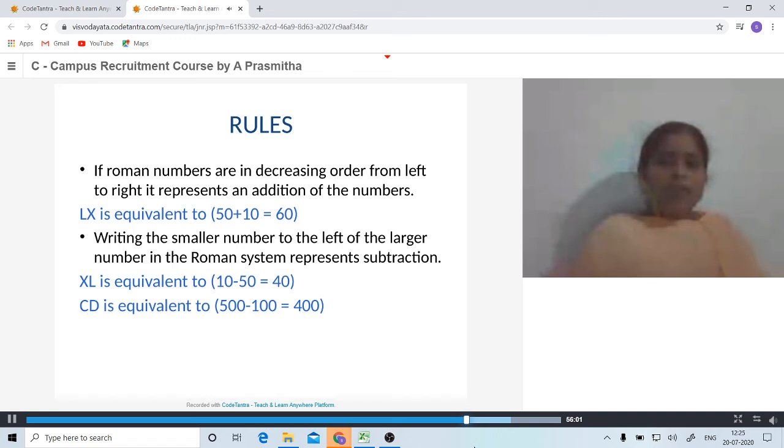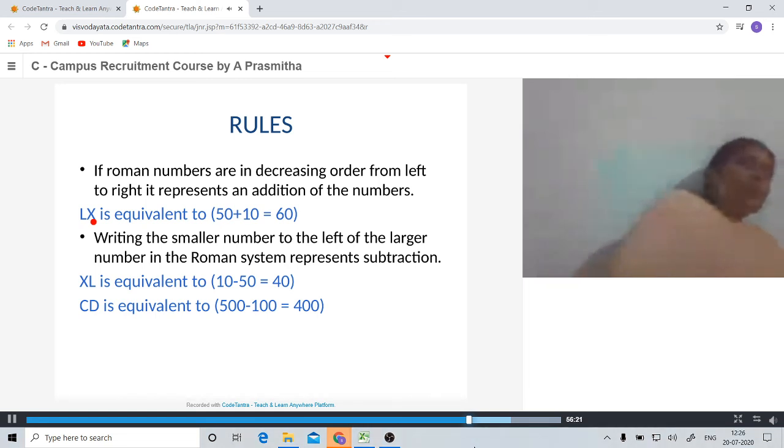Similarly, there are some other conditions as well. Here two conditions, L and X, X and L. If the Roman numbers are in decreasing order from left to right, L is the greater number, 50, and X is the smaller number, 10. So in decreasing order, you are going to add them.